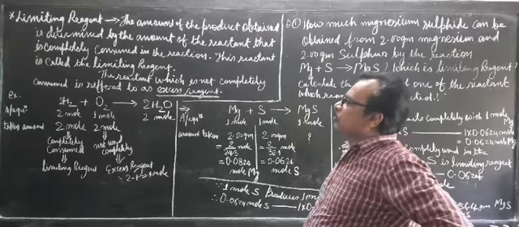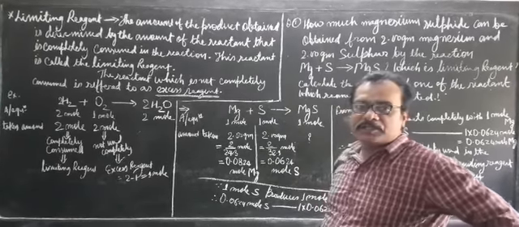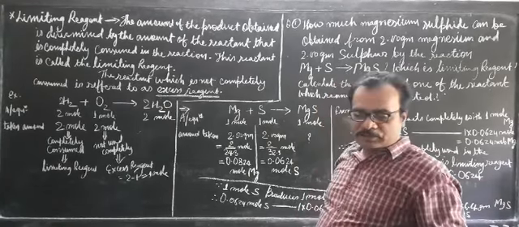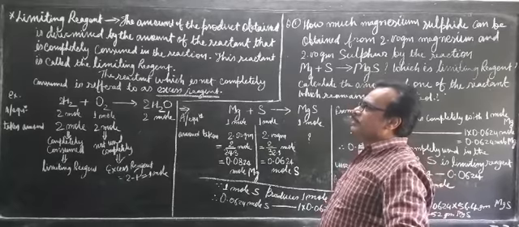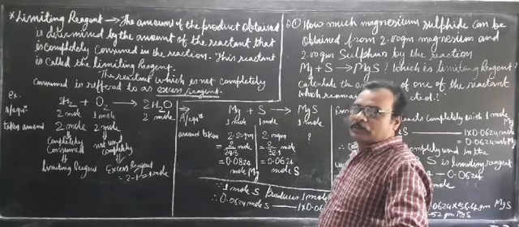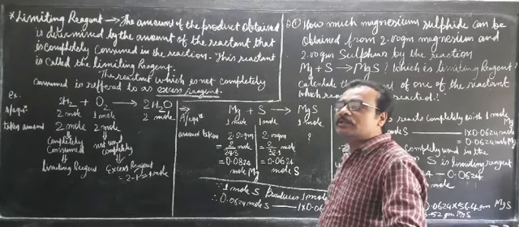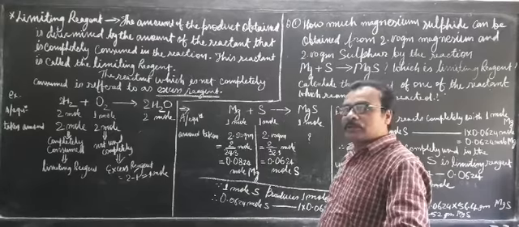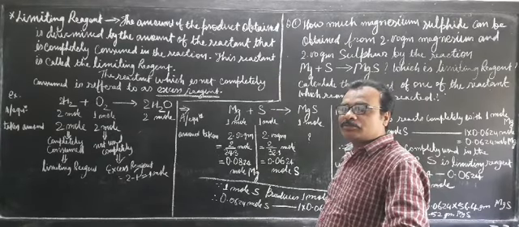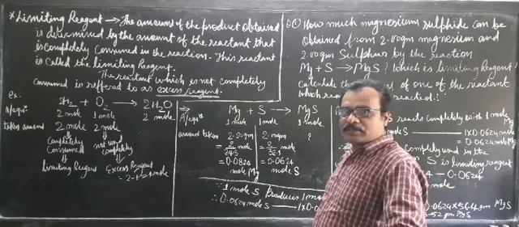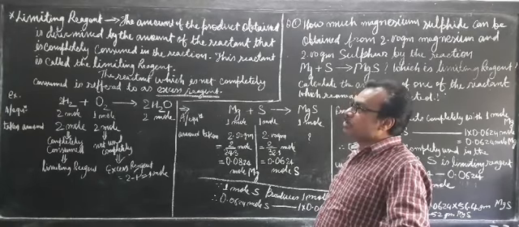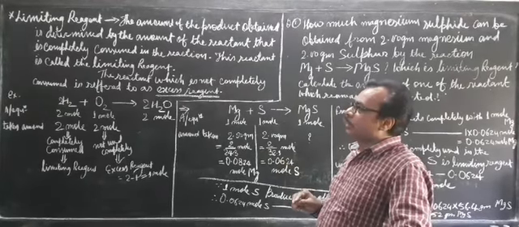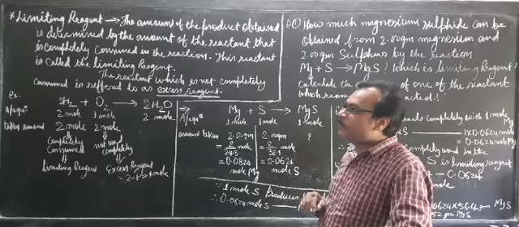So first of all, I'll take limiting reagent in a chemical reaction. What is a limiting reagent? In a very simple way you can understand, it is the reactant which gets completely consumed in the reaction, or it is the reagent due to which the reaction stops in between. Means a reagent which limits the reaction, which stops the reaction in between only, and those reagents are known as limiting reagents.